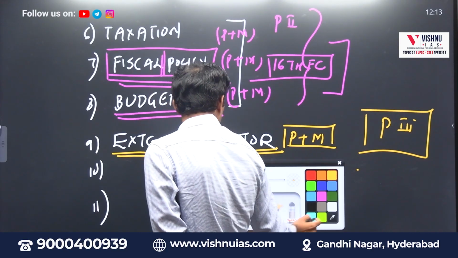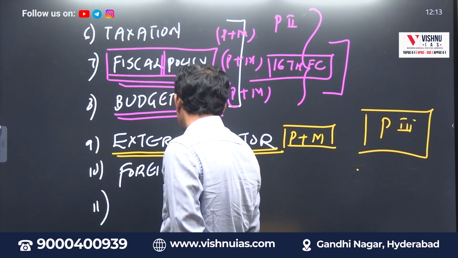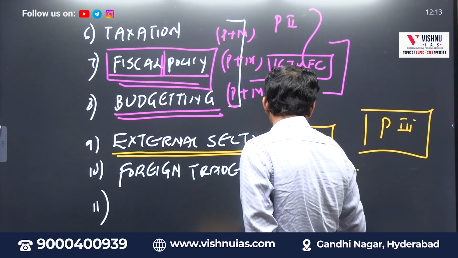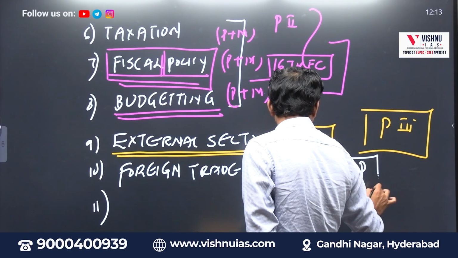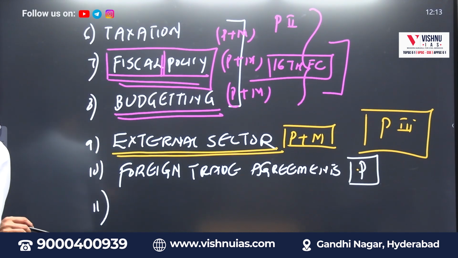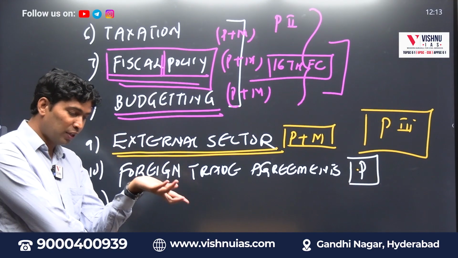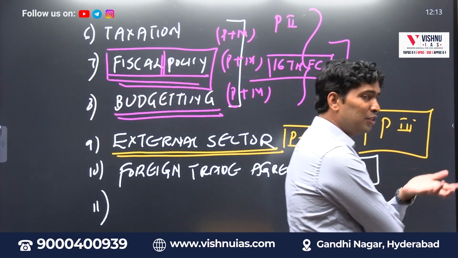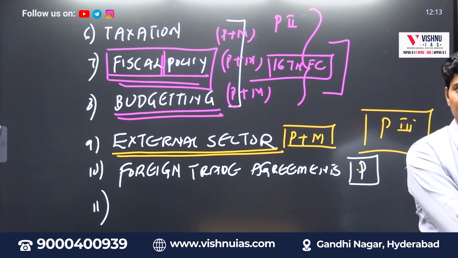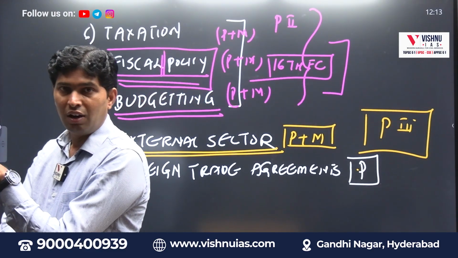Then there is one more topic which is slightly relevant for prelims only, because again it can be asked for mains also, but this is regularly asked in prelims: foreign trade agreements. That's why I am saying prelims topic, like PTA, free trade agreement, preferential trade agreement, CECA, CEPA, customs union, economic union. Probably why we are signing more agreements, why whichever country our PM is visiting, we are interested in signing free trade agreements. What is positive list, what is negative list, why India is part of a certain economic bloc, why India is not part of a certain economic bloc. All this we are focusing on.